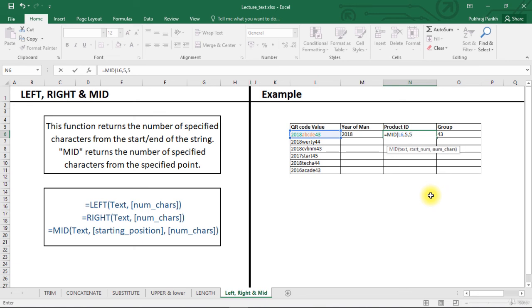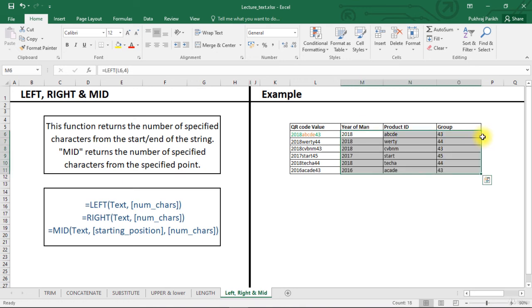Here we want 5 characters. You can see that the middle 5 characters are returned by this mid function. We can select these 3 cells and double click on the bottom right corner to complete this table.